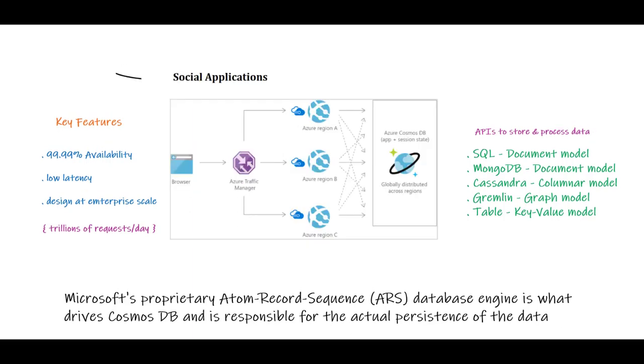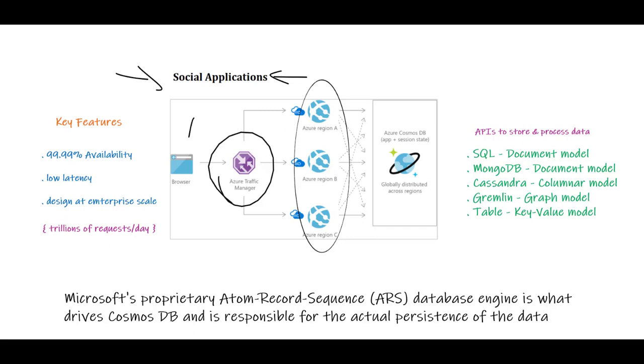That's not enough. There's social applications. Social applications require global access, accessing multiple regions inside of Azure. So you can have Azure Traffic Manager via a browser load balance to the Azure region, depending on wherever your user is, whichever region they belong to, and you can basically leverage the globally distributed Cosmos DB to maintain the app and the session state information. Social applications, another use case, a very good use case for Cosmos DB.